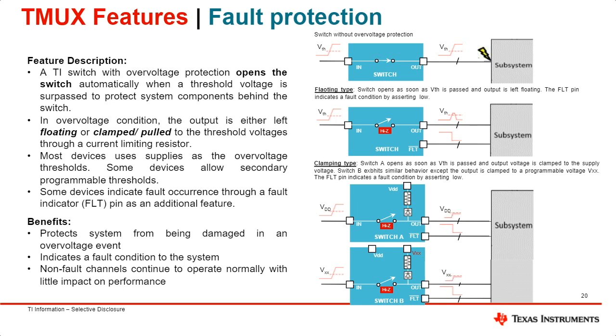The second type, the clamping type, is very similar. Also, you get a voltage signal on your input pin. The device goes to high impedance mode, which blocks that voltage signal from going downstream and damaging your components. But this time, your output pin is connected to a pull-up resistor to a set VDD, so it doesn't float. And in the top case, as you can see, if you don't have fault protection in your switch, the high voltage signal will just pass through the switch and cause damage to the switch itself and to downstream components.